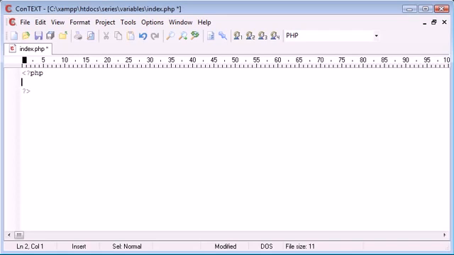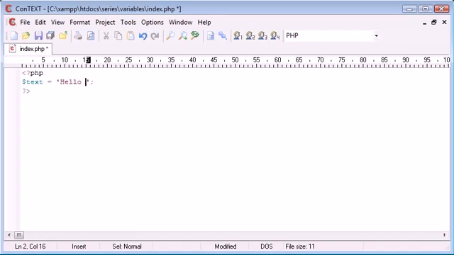All we really need to do is use our $ sign notation. All variables start with the $ sign. They can either start with an underscore or an alphanumeric character, so it can be uppercase, it can be lowercase, or in fact it can start with a number, but it can't consist of just a number. So if we were to create a variable here called text, and we could make that